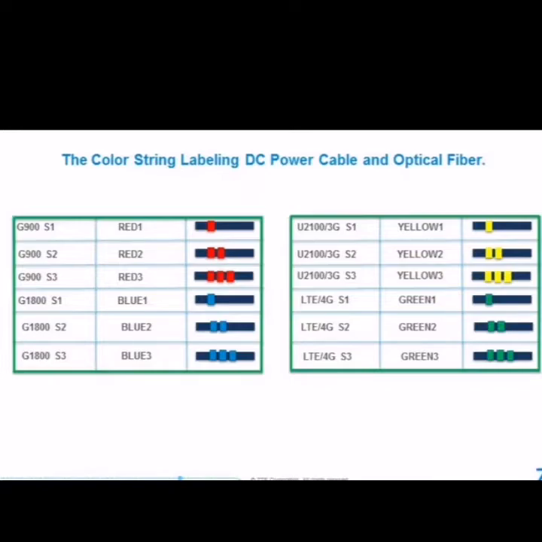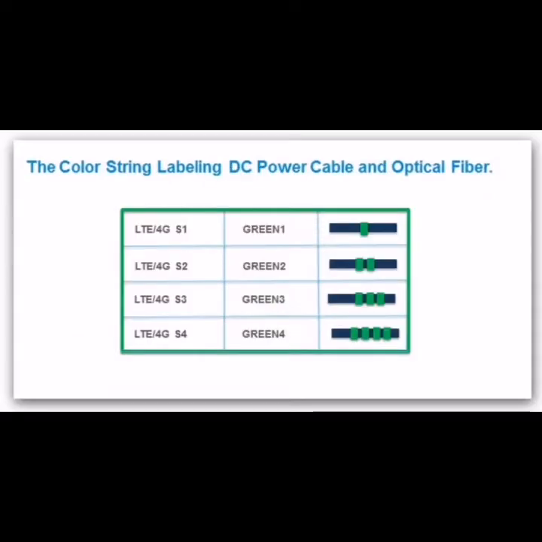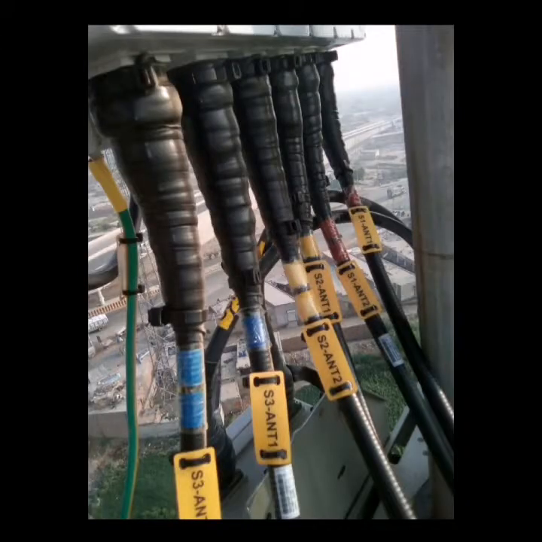mark one blue tape on the fiber optics or DC cable so that you can show that this is sector 1. Green 1, green 2, green 3, green 4 means 4 sectors you have to add. So green 1 means 1 time color taping, green 2 means 2 times color taping, and green 3 and green 4 is 3 to 4 times color taping. We must mark respectively. So the next one is color coding and tagging of jumpers with RRU.